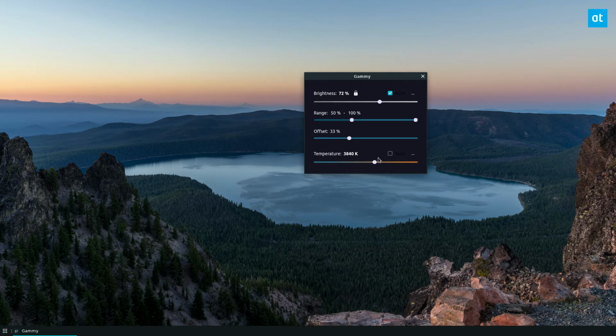And like I said, turn off auto, automatically change it to whatever you prefer. I don't know if that's